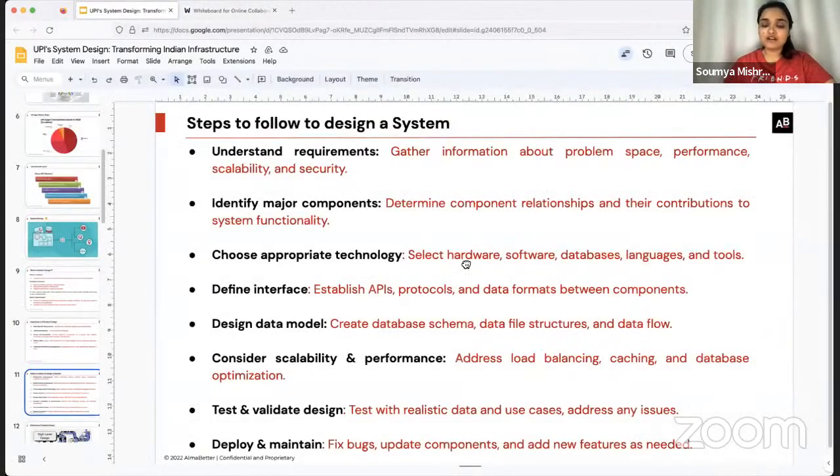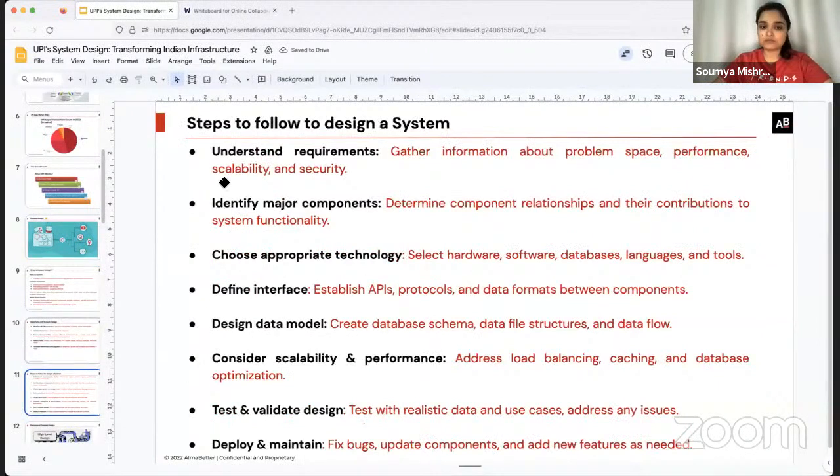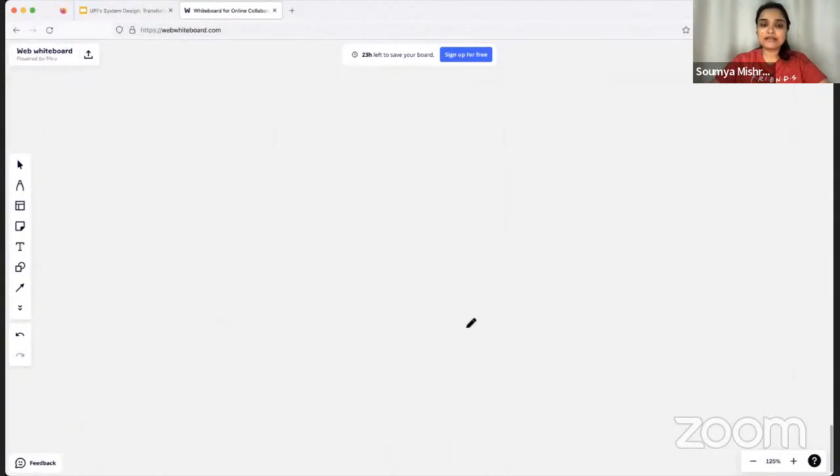But if you do system design, this is one important thing that you talk about: you decide upon the interfaces that you would be having. Sorry, not interfaces. Actually, that can come under interface, that can come under your data model, whatever, okay? What data is going to be there, in what format the data is going to flow. Similarly, you have to design the data model. When I say that you have to design the data model, what basically it means is that